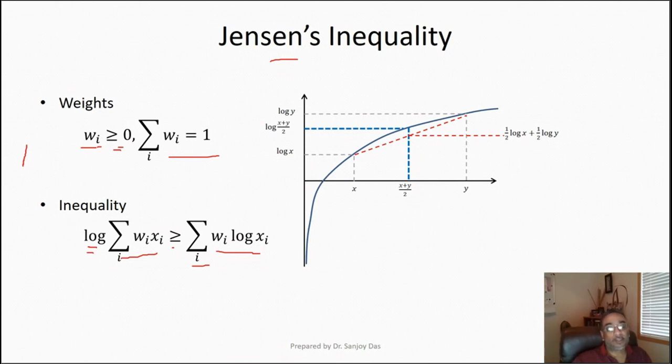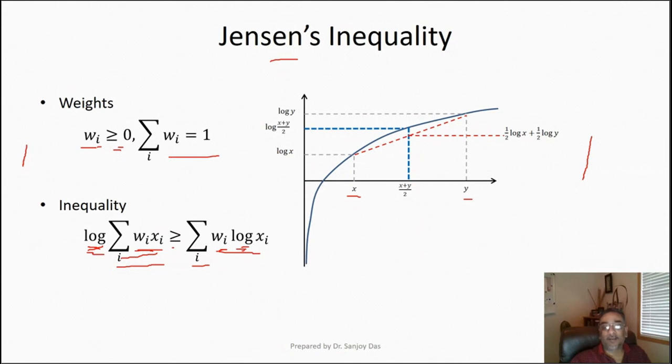So what we are doing is, for the log of the summation, we take the log inside the summation and we move the weights outside the logarithm. So it's wi then log of xi. And I've shown this for w1 and w2 each being equal to half. So when w1 and w2 are equal to half, what do we have? Log of summation wi xi is, instead of xi, I have x and y. So I have x and y, and